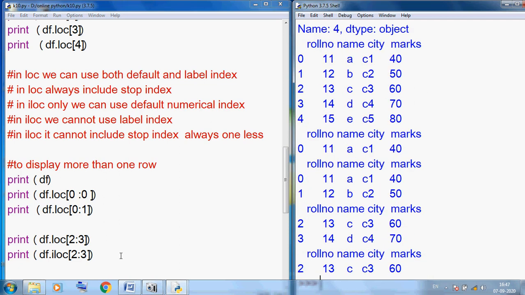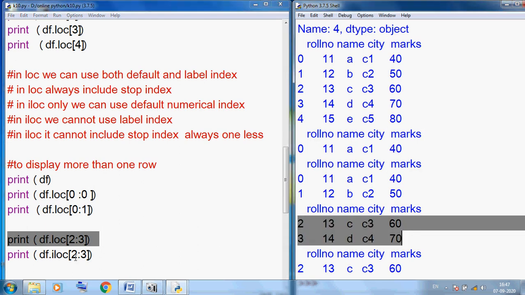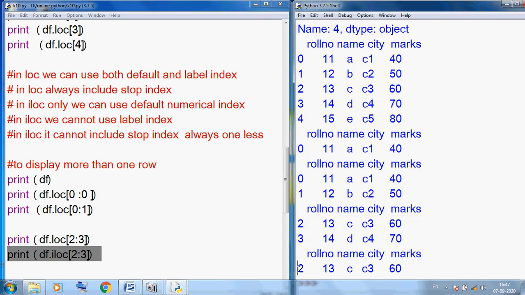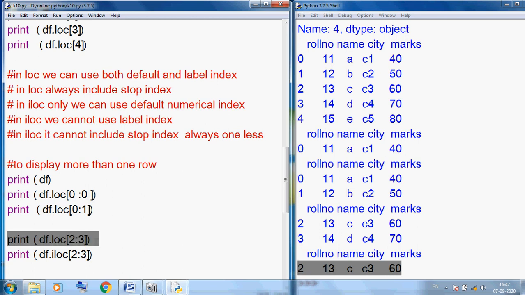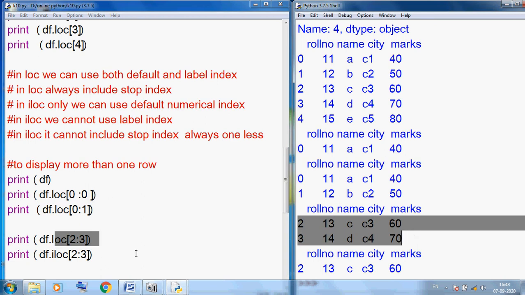You can see the output. loc covers the stop index, so you can see both rows, but iloc includes only the second because it is always one less. You know very well that range function, len function, numpy 1D and 2D are always one less. Only loc provides this kind of facility because it supports the label index.